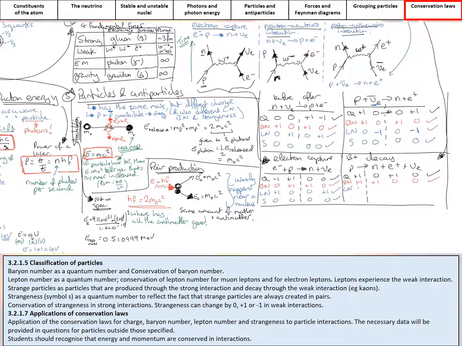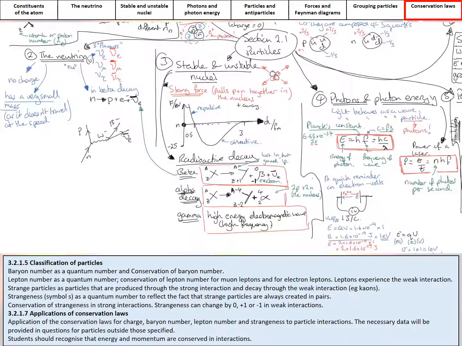Lepton number, proton and neutron are not leptons, they are hadrons. And then we've got -1 for the positron, and therefore we must have a neutrino, a particle with a lepton number of +1 to balance it out. So that is now conserved, and that's why that has to be a neutrino and not an antineutrino. Strangeness is 0 in all of those cases, and for completeness we'll just go back over here and we'll do